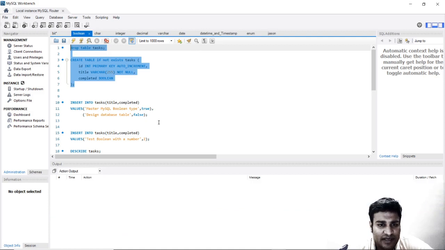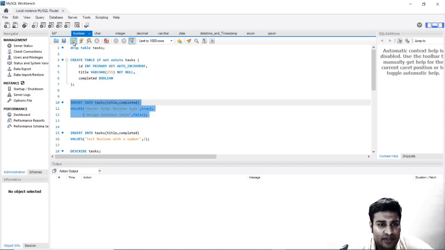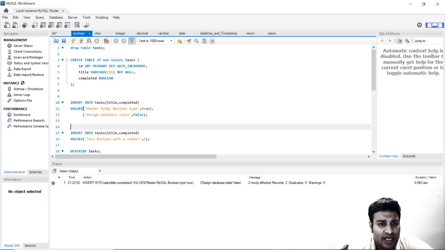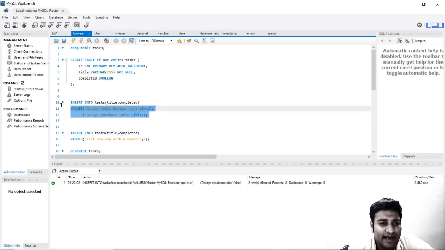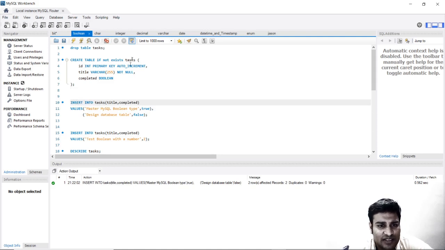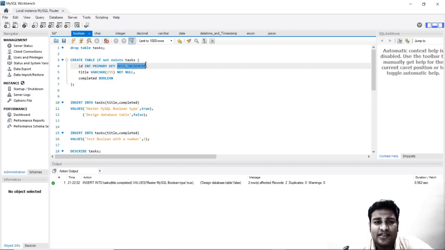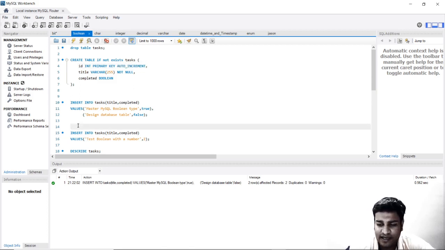You can see everything is green, and let's go ahead and put in this value. This value has been put in. There are two values which have been put in. First value is this and second value is this. Again, do not go deep into the insert statement. Just see that we are inserting into this table, tasks, the values for title and completed. ID is something which is loaded by itself via the auto increment feature. Again, this is a sequence, and we will talk about it later.